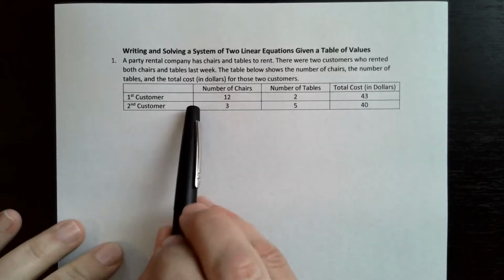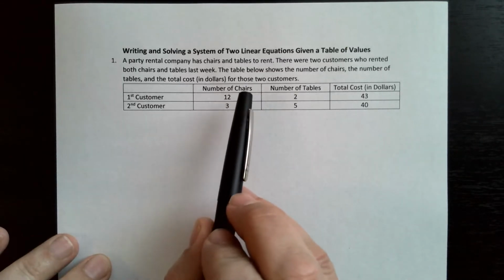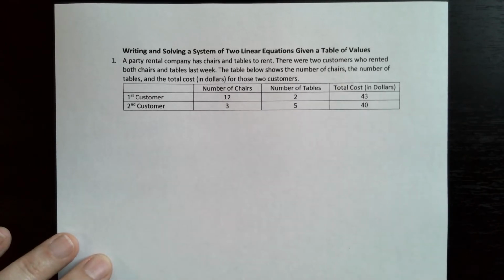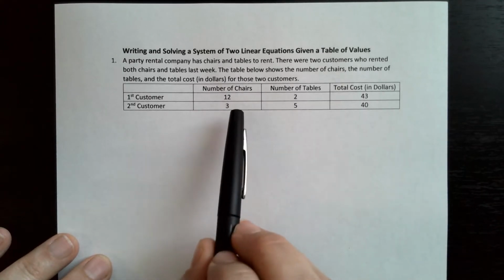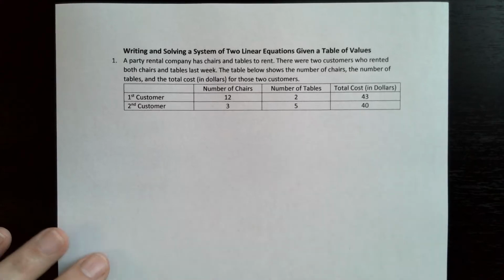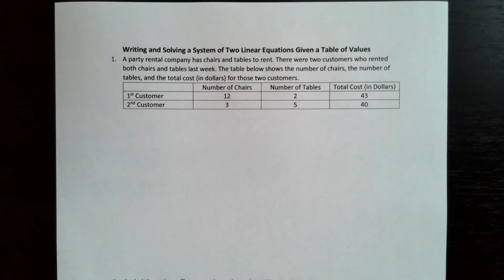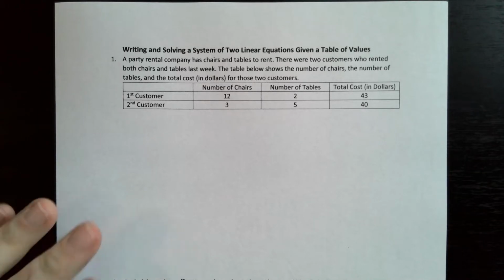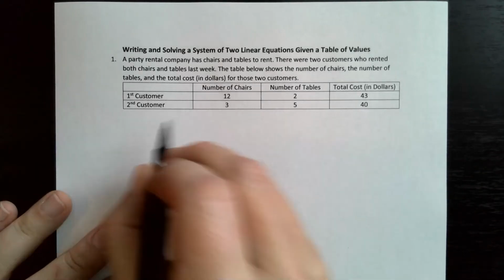So we've got the first customer last week that rented 12 chairs, two tables, and it cost $43. The second customer rented 3 chairs, 5 tables, and it cost $40. Okay, so what we're looking for is how much do the chairs and the tables cost? So if we set that up, the first equation would be